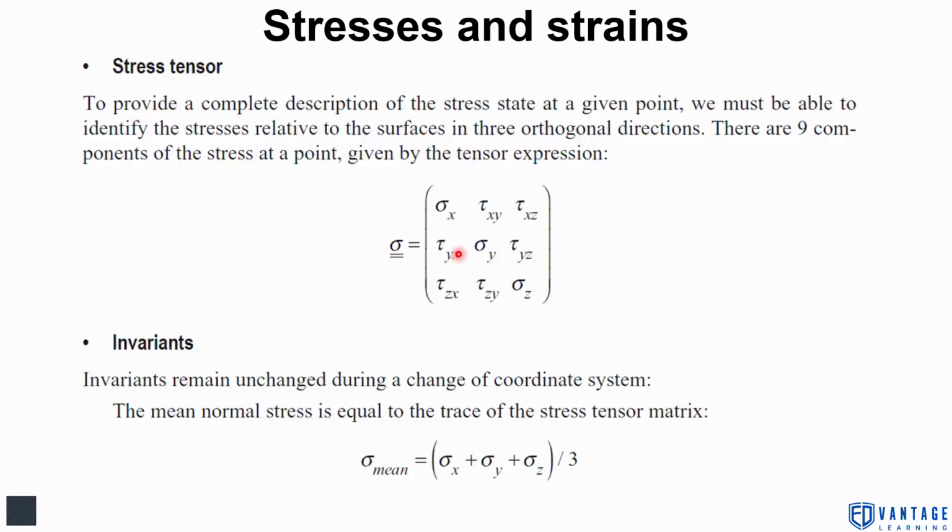Depending on those normal stresses, sigma x, y, z, and shear stresses, tau xy, xz, yx, yz, zx, zy, we form a stress tensor. Generally, any anisotropic parameter, maybe say permeability, has three components if it's a vector. But if it has 9 components, we call it a tensor. To provide a complete description of the stress state at a given point, we must be able to identify the stresses related to the surfaces in 3